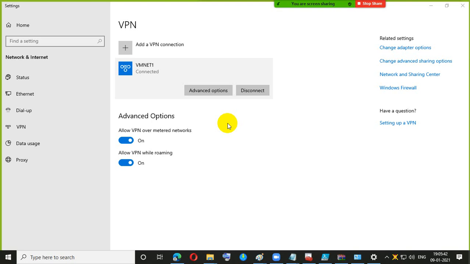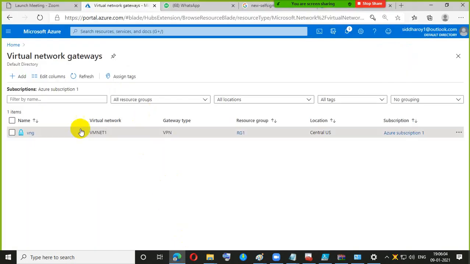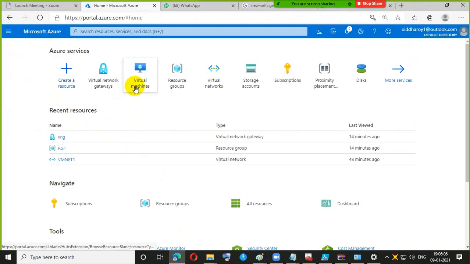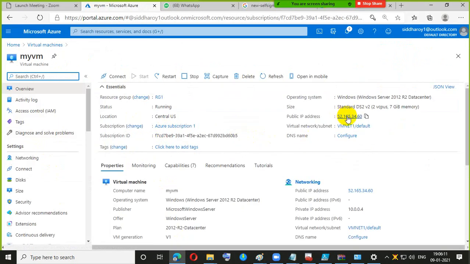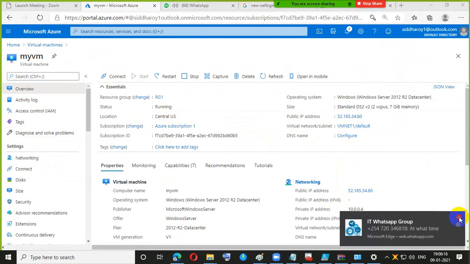Okay, so last time we faced a problem because there was a problem at the certificate level, and sometimes we had downloaded the wrong VPN, which is why it created a problem. So right now you can see, guys, that the connected option is showing. Now you can access the virtual machine based on its private IP address. Forget about this one. Try to access it by this IP address.